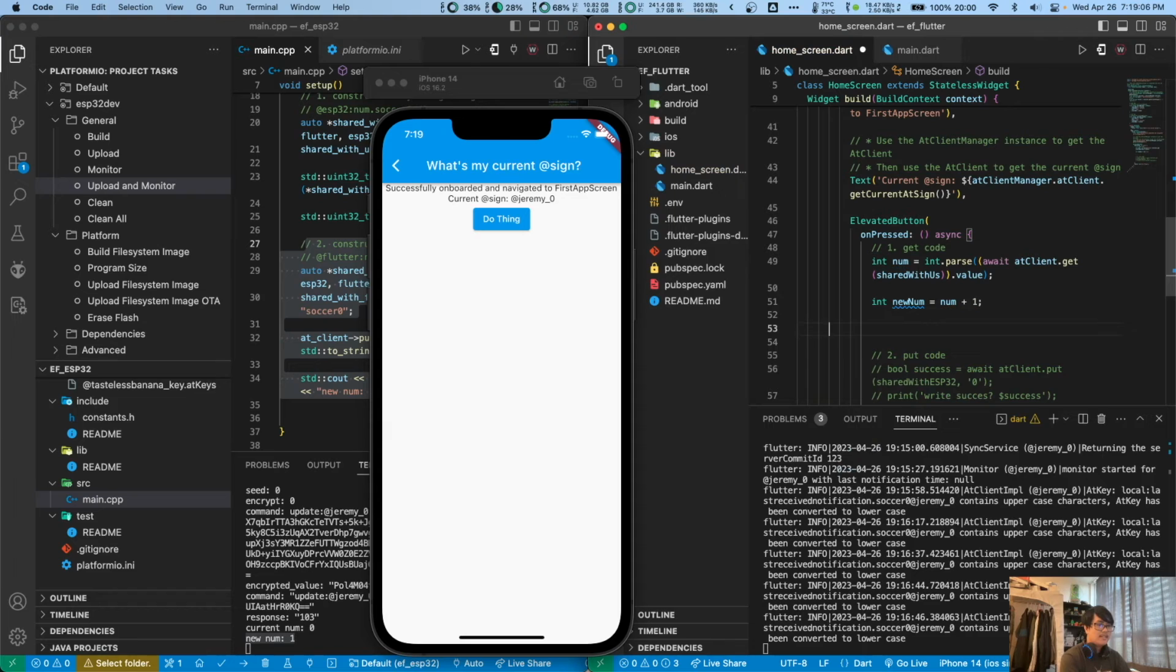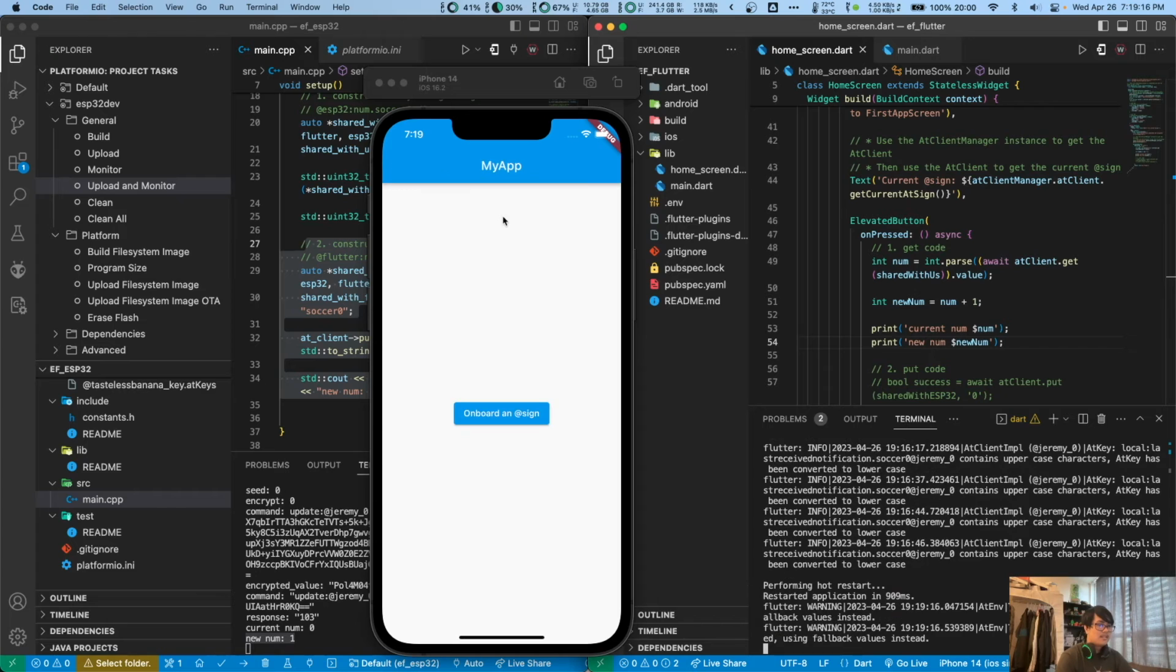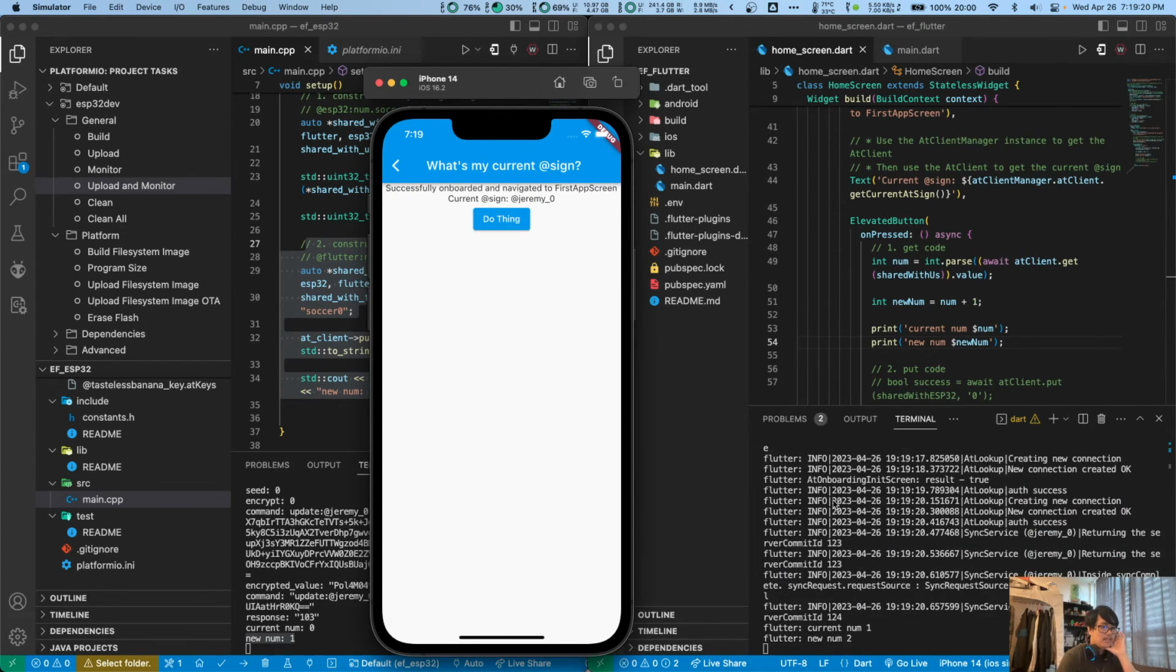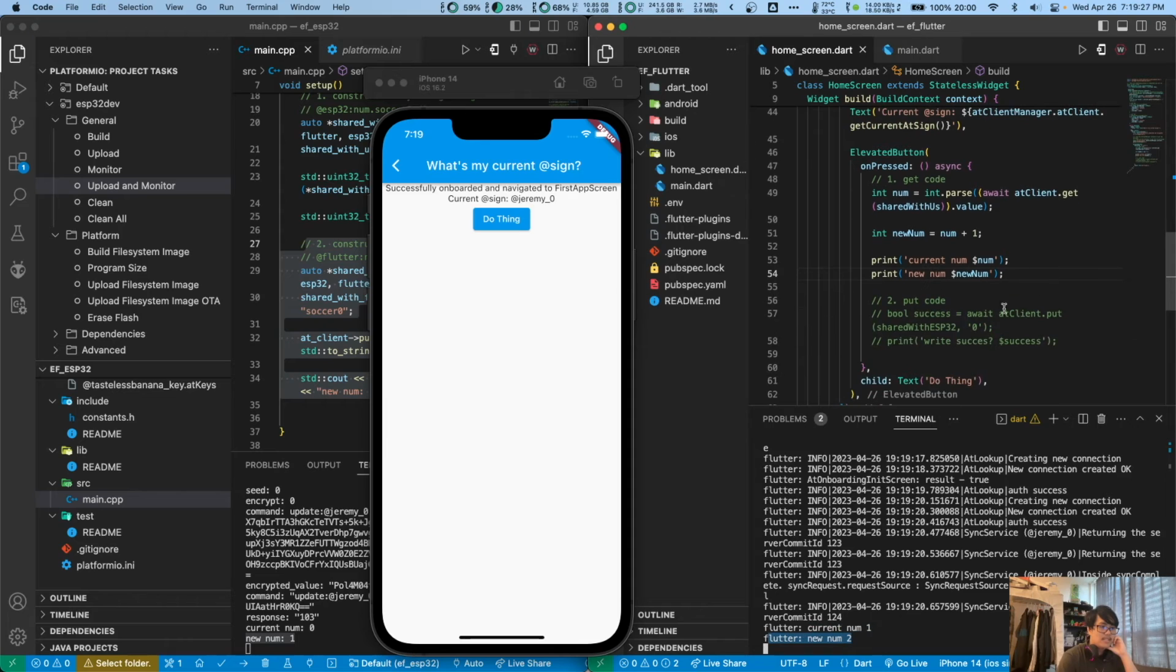And then let's print current num is our num, and new num is new num. Let's do a hot restart. All on board, and we'll press the button, and you'll see that we get the 1. This is the one from the ESP32, and the new num that we want to send, which will be in the put code here. So instead of 0 here, we'll put in new num.toString,